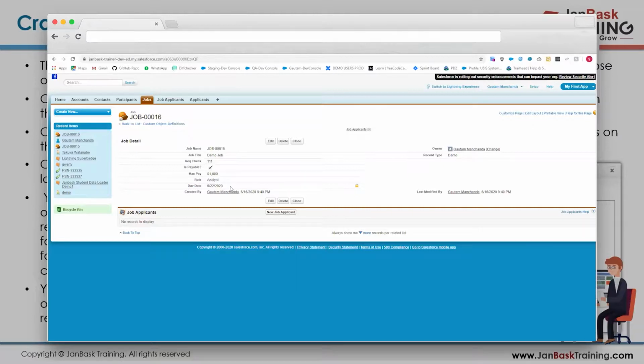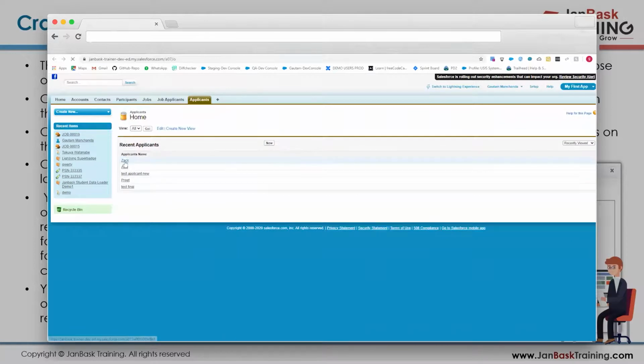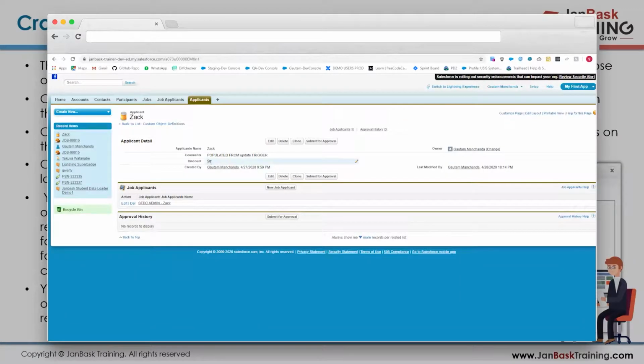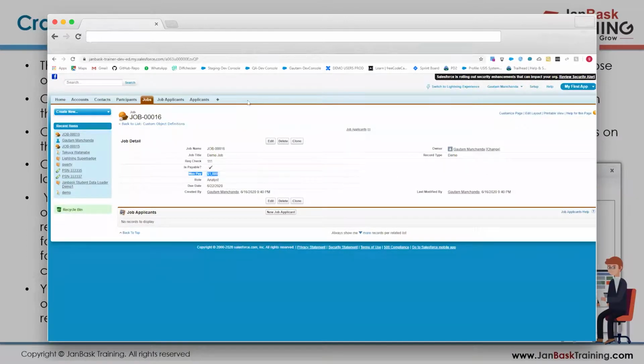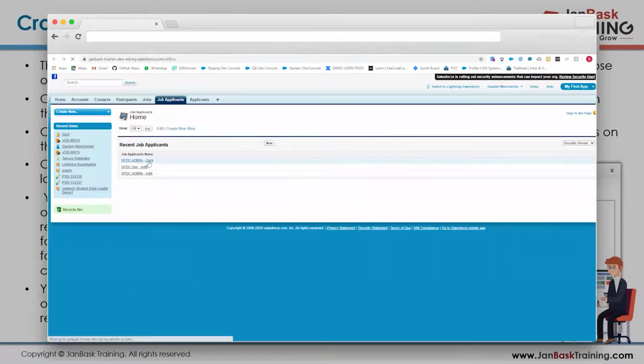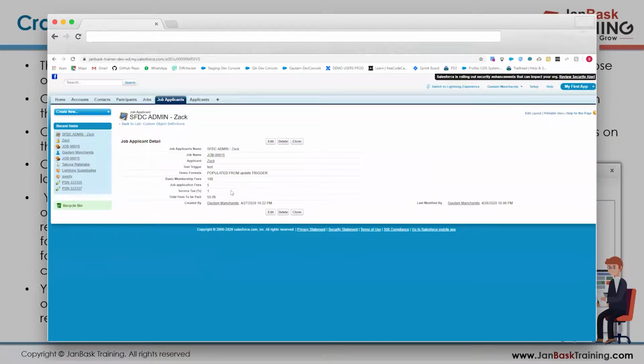So like we have a due date that has been calculated over here, and say there is a max payment field over here. Let's see applicants, if we have some fee structure scheduled over here. Yep, so there is a discount of $50 given here on applicants. On jobs, we have a maximum payment field. So let's do one thing on the job applicant, which is a junction object. Let's create a calculation field for the actual amount that has to be paid.